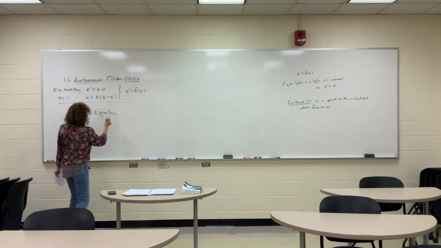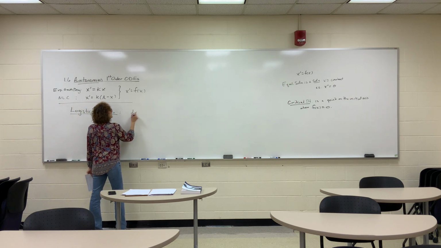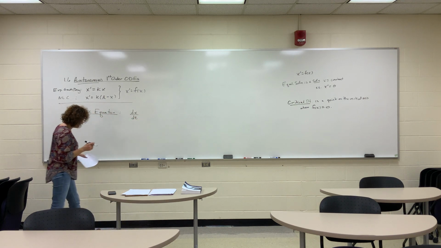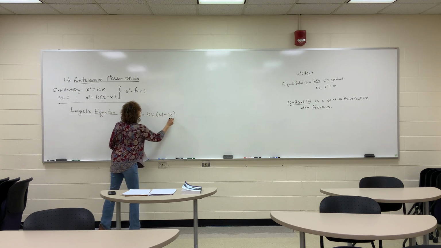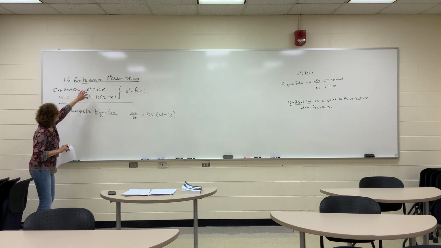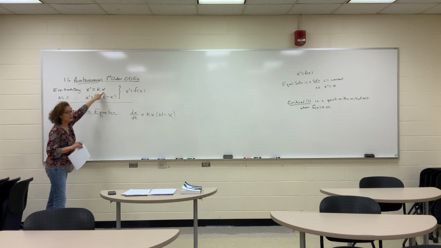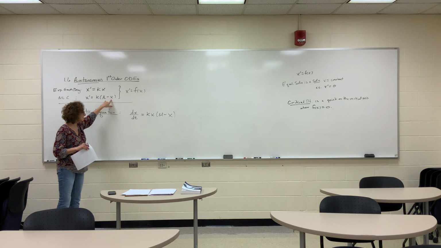So what is the logistic equation? I'll write it here. dx/dt, as given in our book, that's what x prime means, is kx times (m minus x). Now instead of an exponential growth where the rate of change of a population was just proportional to itself, or Newton's law of cooling, where the rate of change with respect to time is proportional to the difference between itself and its environment,